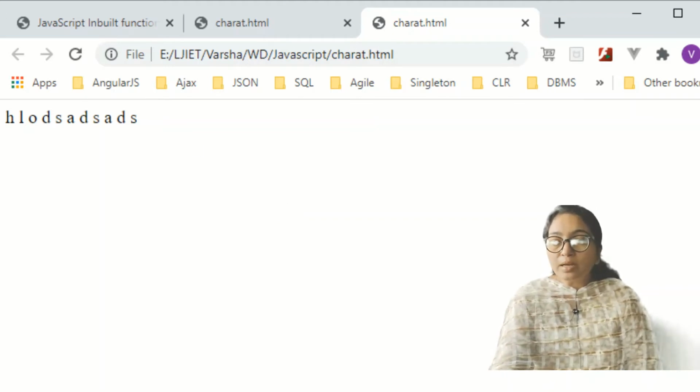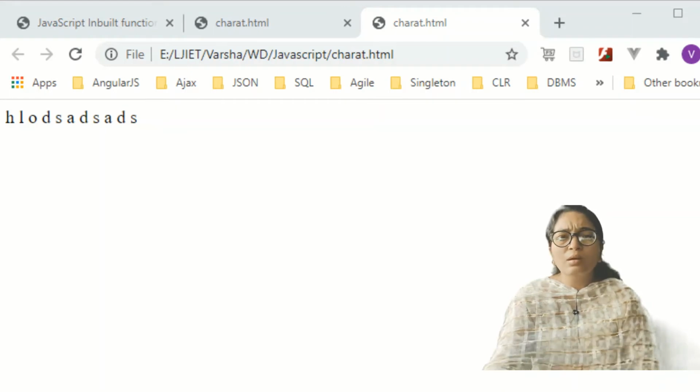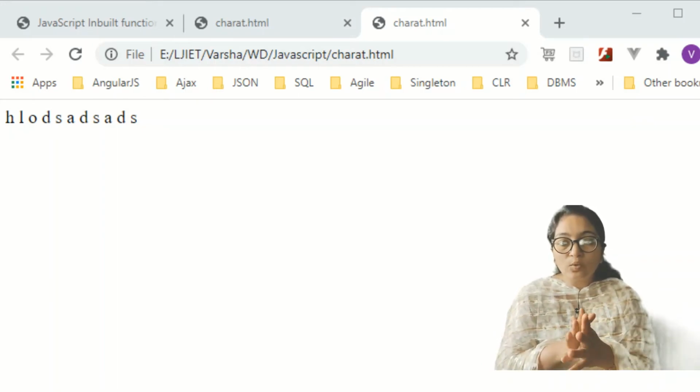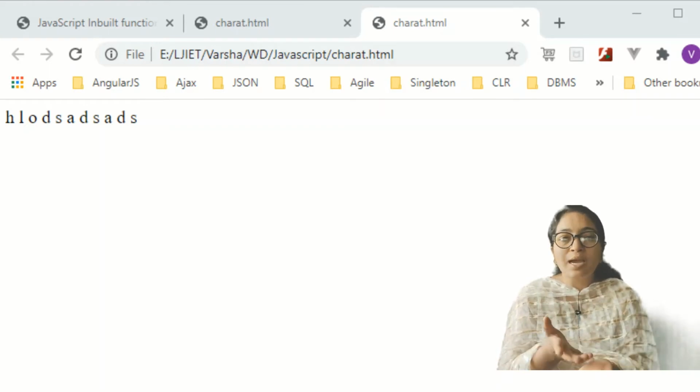Now another practical is for defining summations. For that you have to use the parseInt function. parseInt is used to convert a value into an integer. In the same way there is parseFloat, which is also an inbuilt function used for type conversion.